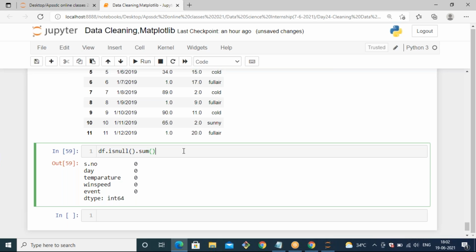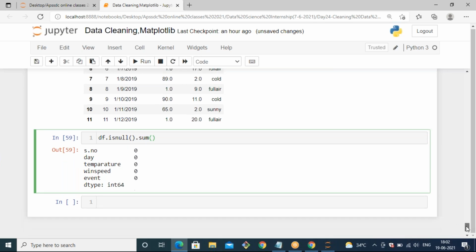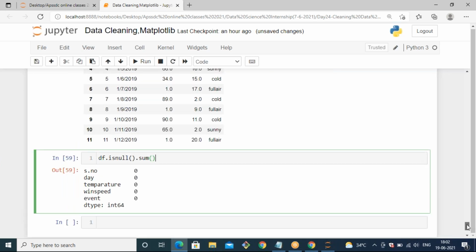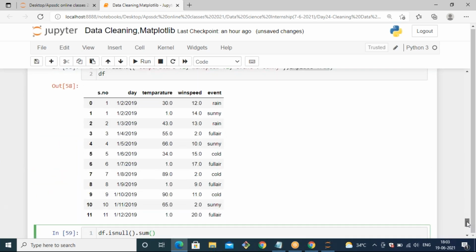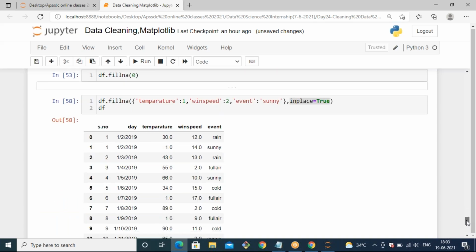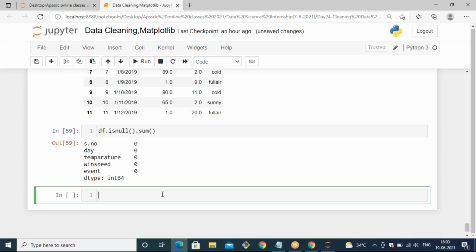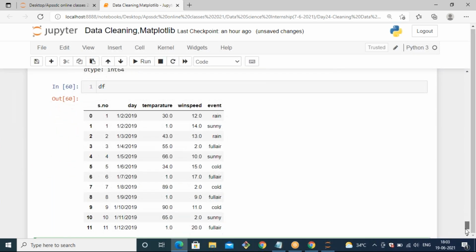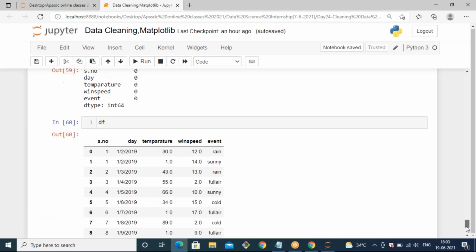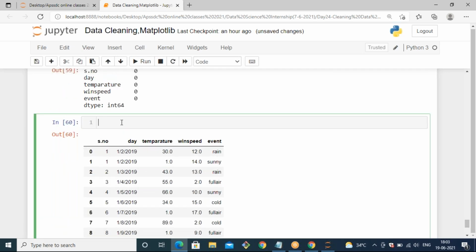And also you can replace the NaN values with the mean of that particular column. But this data frame is already changed and it doesn't have any NaN values, right? When you give df, you can see there are no NaN values here. So let's read the data set again.